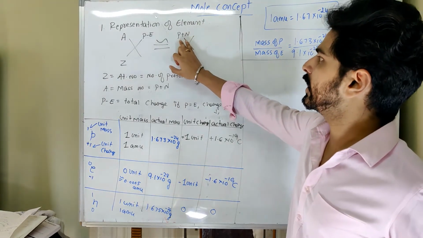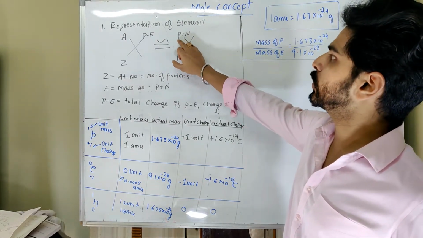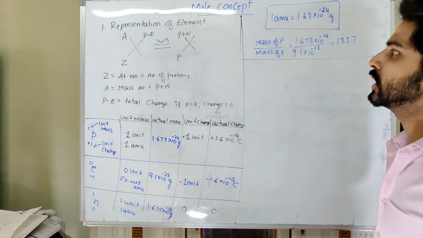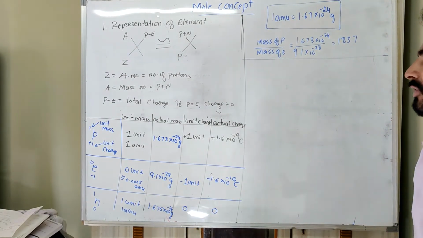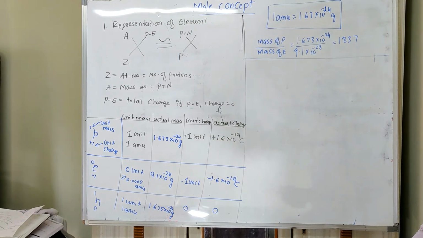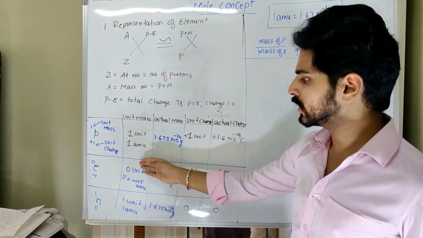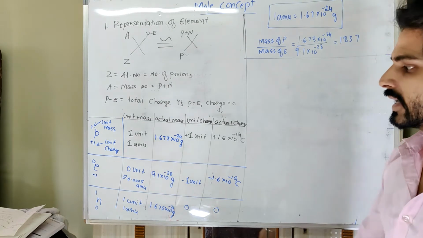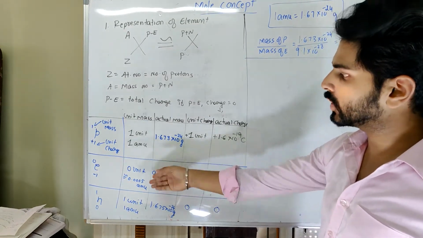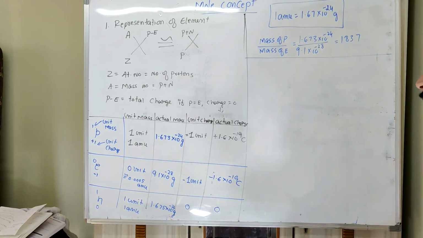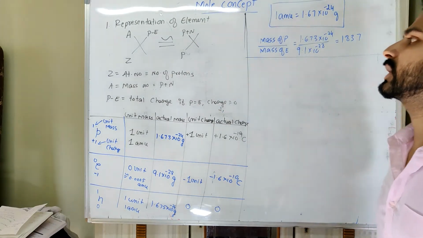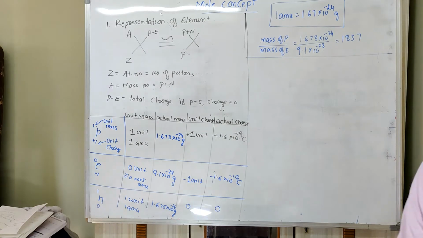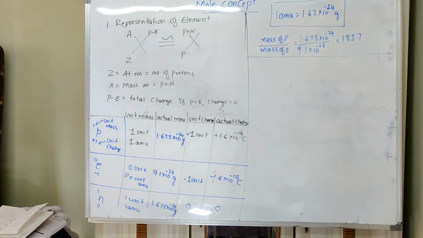So that's the reason why, while calculating the mass of an atom, we only consider protons and neutrons. We don't consider electrons because adding electrons does not make any difference. There is a huge difference in the mass. So that's why in the arbitrary case also we have considered it as 0, because it is negligible. So that's why in the case of mass number also we don't consider electrons.